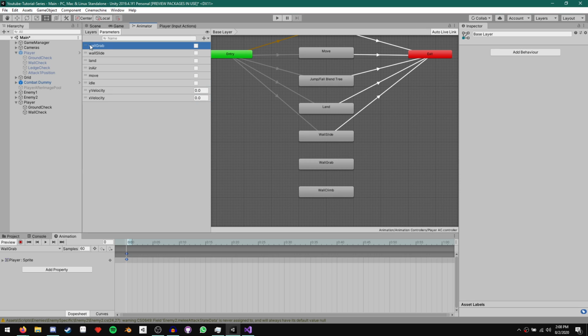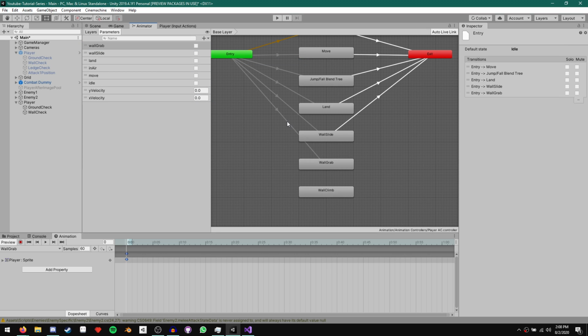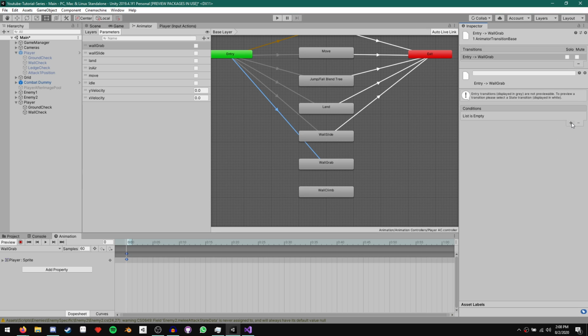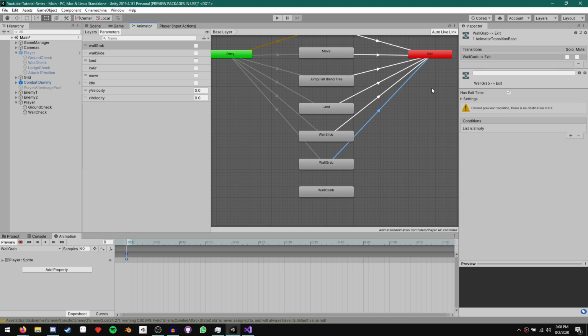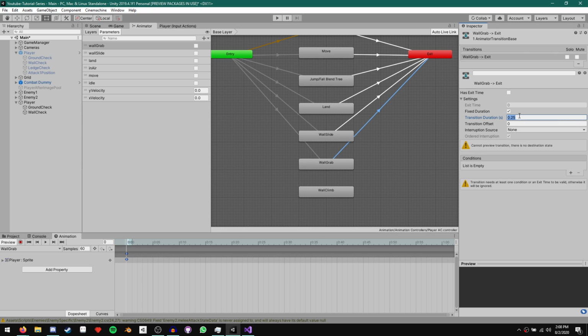And let's just move that up and set up the transitions. So from entry, we'd make a transition to wall grab. Click on that, add a new condition, and the condition is wall grab is true. Then make a transition from wall grab to exit. Click on that, make sure we untick has exit time, set the transition duration to 0, and for conditions, wall